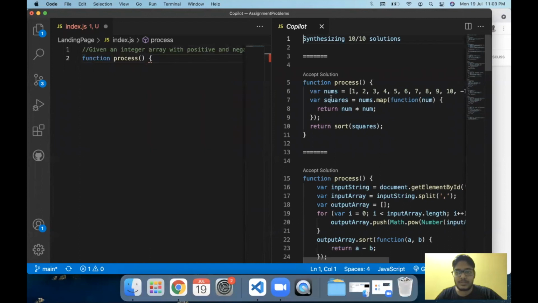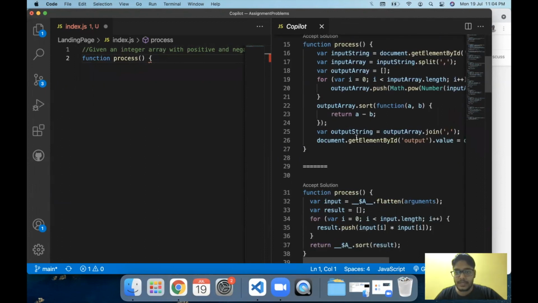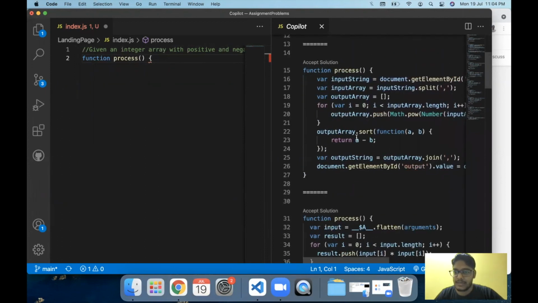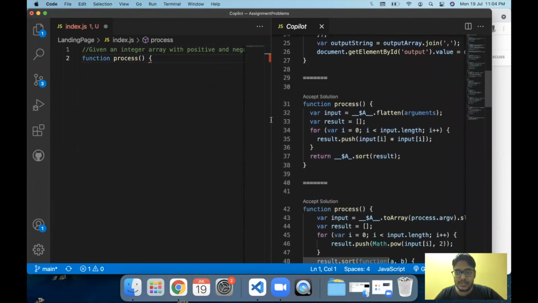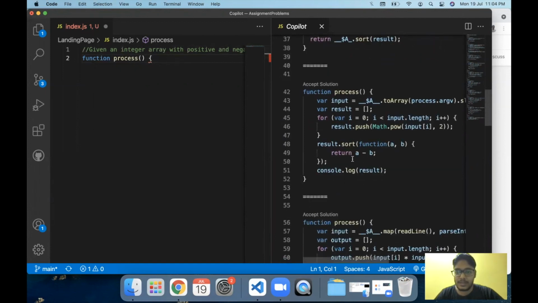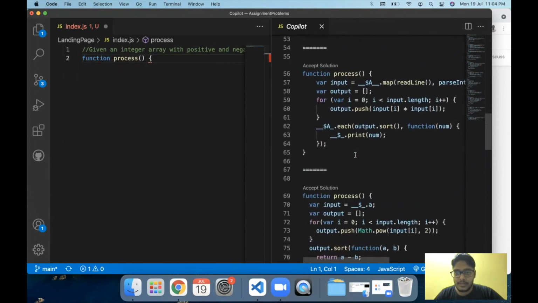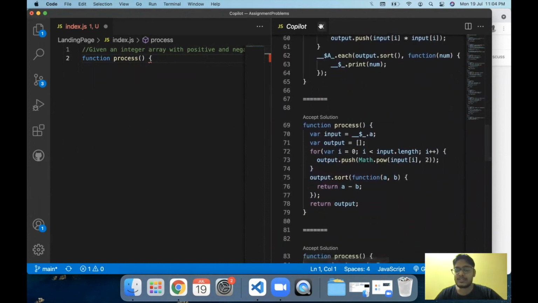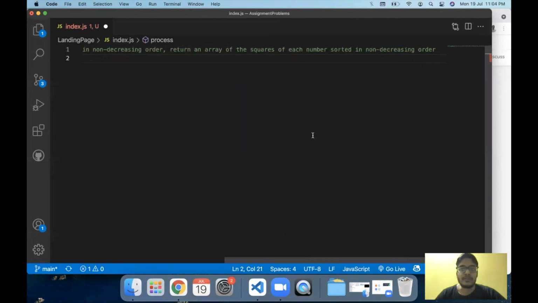So this was the solution which we got the first time, which is map and then square. This has a complexity of n log n. Then I think this is the second variation of the same solution. This is the one which it showed just now. Here we have array dot flatten all the arguments, but it is still n log n. So all of the solutions which are currently suggested by Copilot have a time complexity of n log n. So let's improve the comment with time of